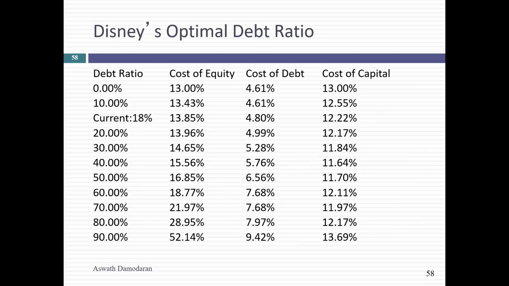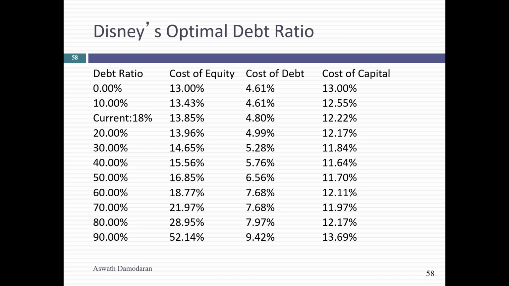So actually, you can try to value this flexibility, but more interesting than putting a value on the flexibility is actually thinking about the implications. This is actually from one of my earlier editions of Applied Corporate Finance. I computed an optimal debt ratio for Disney to be 40%, cost of capital of 11.64%. They were actually at 18%. And in a sense, you could see Disney knew they were underlevered. And the argument they were making, we need the excess debt capacity. We'll come back and examine it.